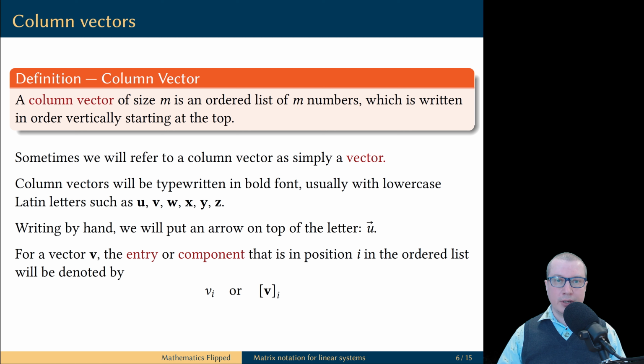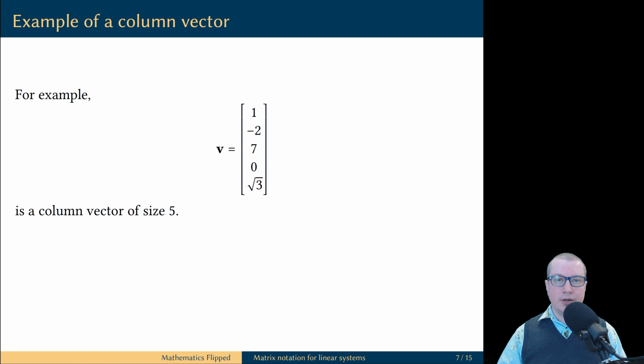And now, for the column vectors, we use a single index to label the entries in that vector. The first entry is the entry at the top of the column vector, because all the numbers are arranged vertically from top to the bottom. Here's an example of a column vector of size 5. Its entry number 2 is the second entry from the top, and that is equal to -2.